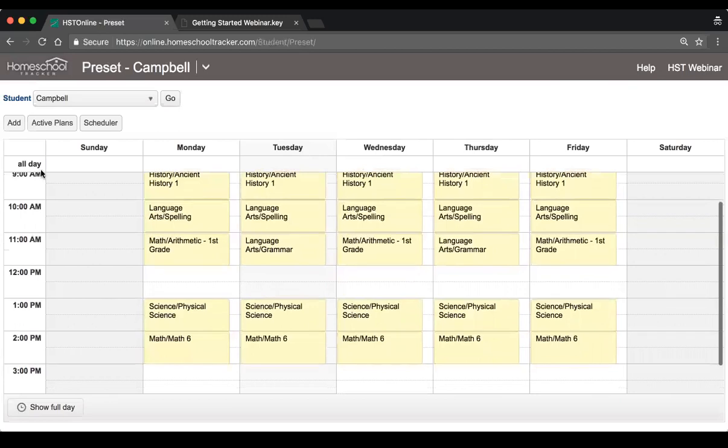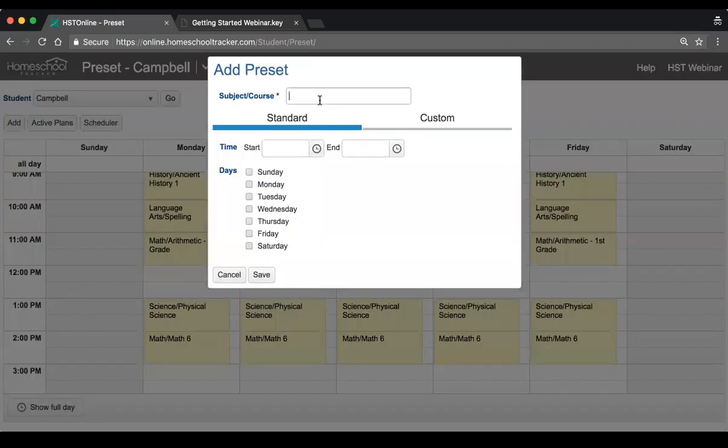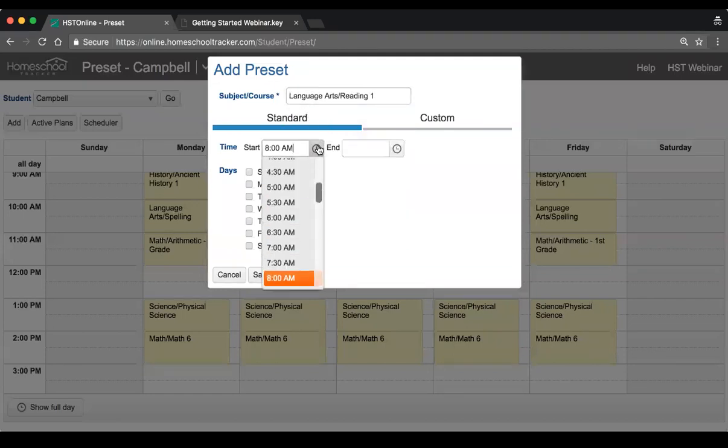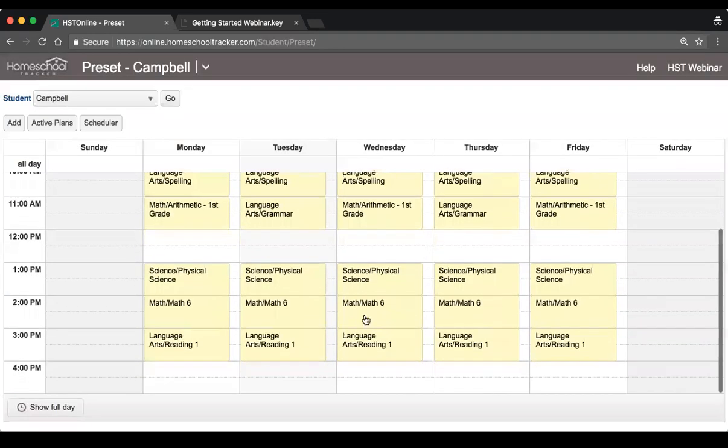So let's go ahead and create a new preset for a course. I'm going to create one for reading 1. I'm going to have it start at 3 o'clock and go to 4 o'clock. And we'll do that Monday, Tuesday, Wednesday, Thursday, Friday. There we go. So now I have a preset for reading 1 from 3 to 4. Now, if I go to the scheduler,